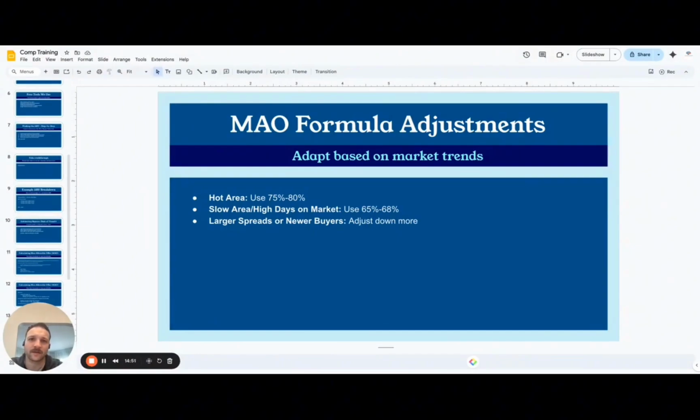In a slow area with higher days on market, or a bad area, or a frame house in a bad area, you might need to adjust these numbers down more. So maybe it's 65, 68, maybe it's 55, 60. As you do this more, you'll understand the different neighborhoods, where people are buying, and whether they're happier to buy at a higher price. So for larger spreads or newer buyers, adjust down more.